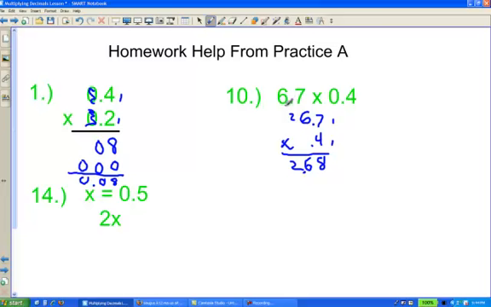And look at this. If I was to estimate this, this would be about 7 times, this number isn't quite 1, so that makes sense, 2 and 68 hundredths. Now I have x equals 5 tenths, so I have 2 times, raised dot there, 5 tenths. Now I want to line these up, so I have 5 times 2, I should make that really a decimal there, but 5 times 2 is 10, there's 1 decimal point here, so boom,